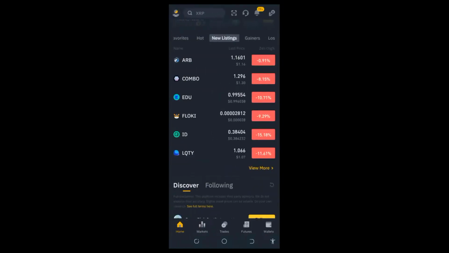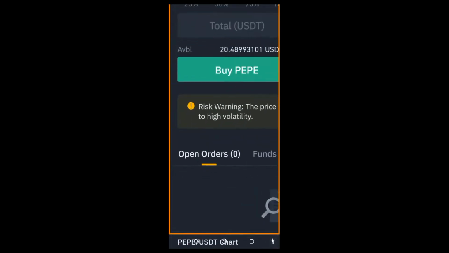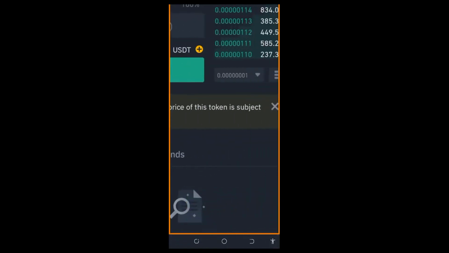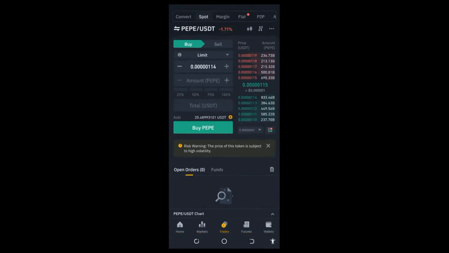Now, of course, I was just carried away by the fact that it's new. But the truth of the matter is it's one of the new coins on the block, right? So it's quite given to a lot of volatility. If you take a look at what they said here, it says risk warning: the price of this token is subject to high volatility, very high. So that means at some point it can unnecessarily drop, and at some point it can unnecessarily rise, just like